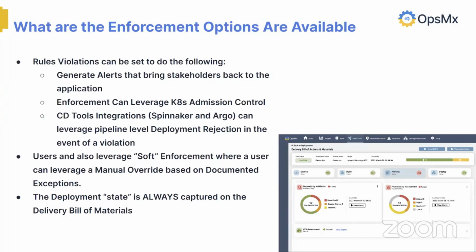Again, I think at the end of the day, some users look to leverage soft enforcement, where there's manual overrides based on documented exceptions. But really that's up to you in terms of how you want to enforce these things. For some folks, it's okay to move forward depending on the severity of the violation. Others, they want to stop the presses because they want that remediated straight away. And it really depends on your regulatory environment and the severity of any of the security issues that you bump